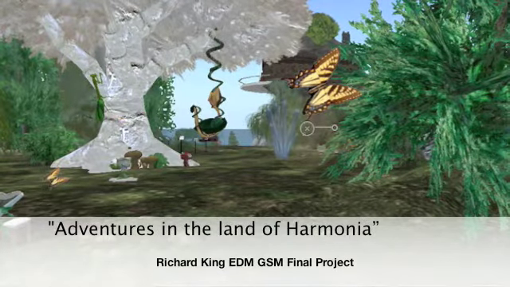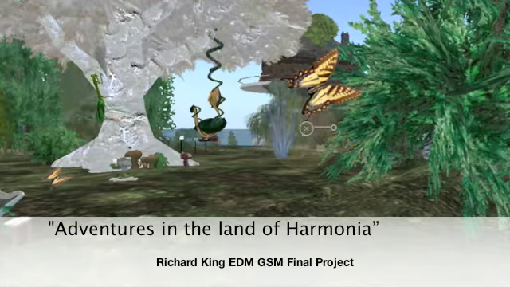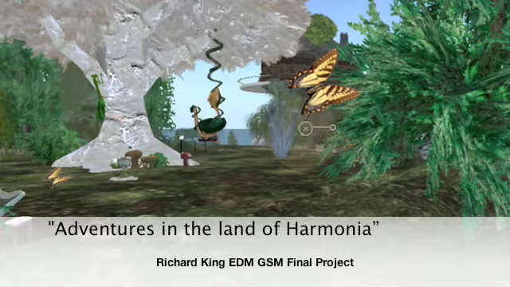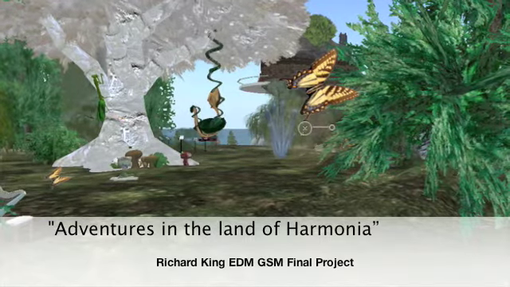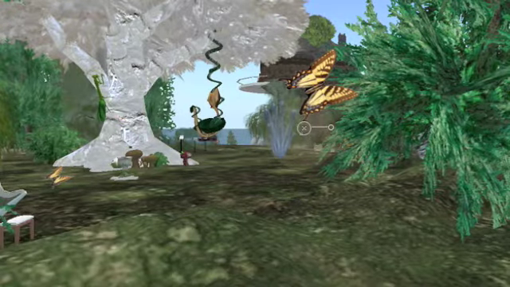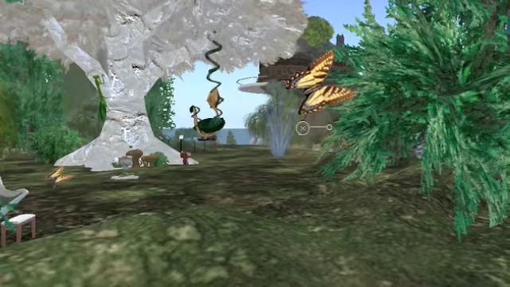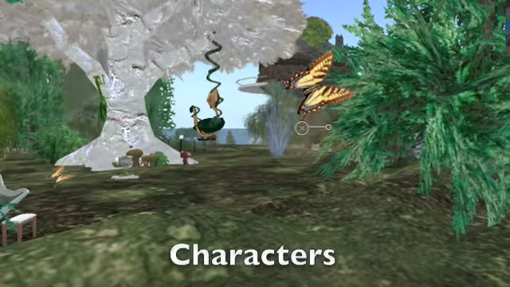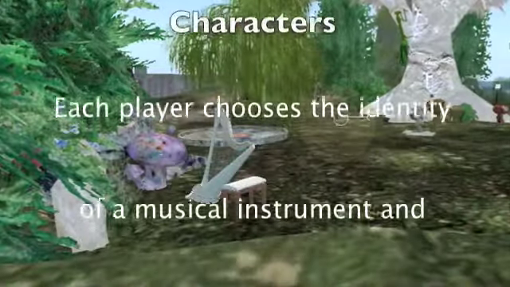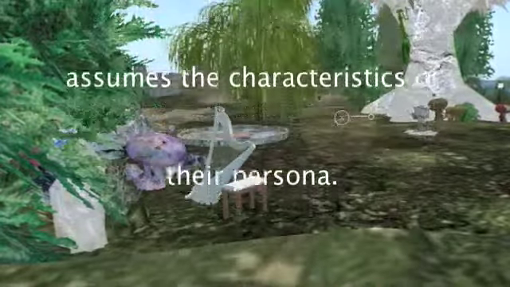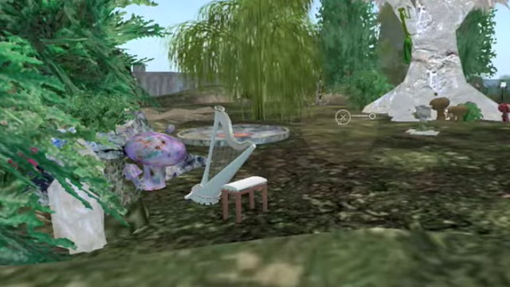Adventures in the Land of Harmonia is a role-playing game that takes place in the land of Harmonia. Harmonia is a peaceful land where all the musical instruments live. An evil, dissonant empire threatens to destroy Harmonia, and only its music can save it. Each player will choose an identity of a musical instrument and assume the characteristics of the persona and styles of